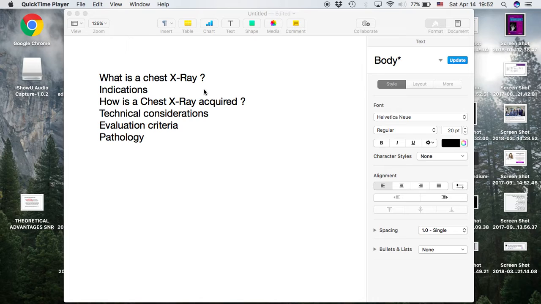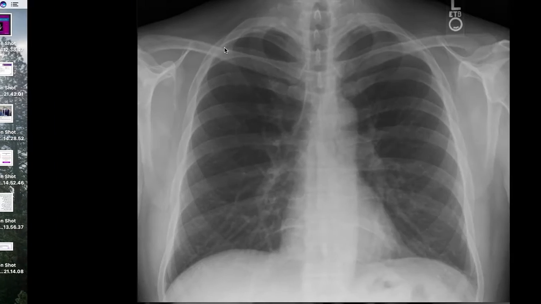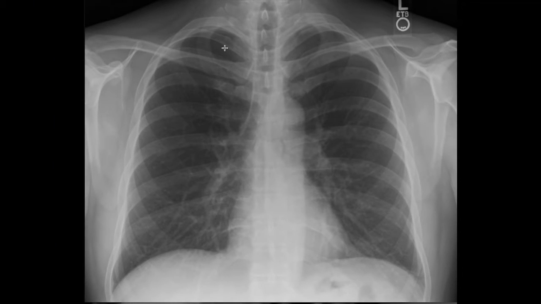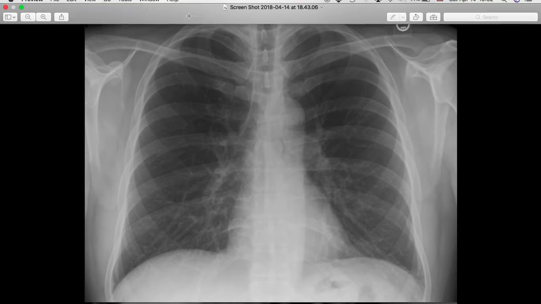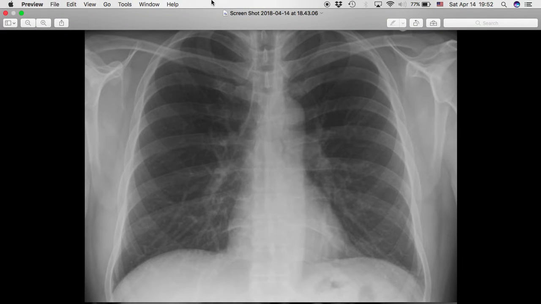So first of all, what is a chest X-ray? So this is a chest X-ray. The chest, or let's say the thorax, is the region between the neck and head and the upper abdomen. This is the chest, and when you acquire a chest X-ray, you actually X-ray this region. Alright, so